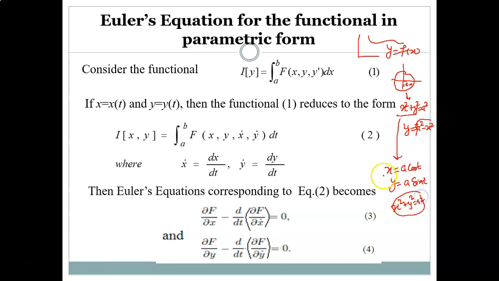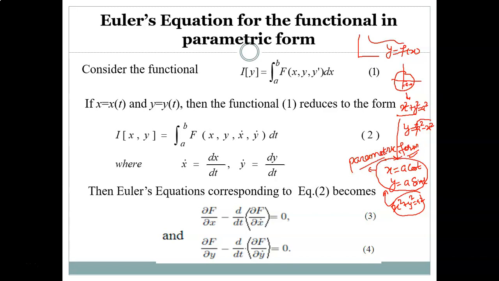So that means this is an alternate representation of the same equation x squared plus y squared equals a squared. It means you have expressed the coordinate x in terms of the parameter t, and similarly the coordinate y in terms of parameter t. So this type of expression of a curve is called parametric form.